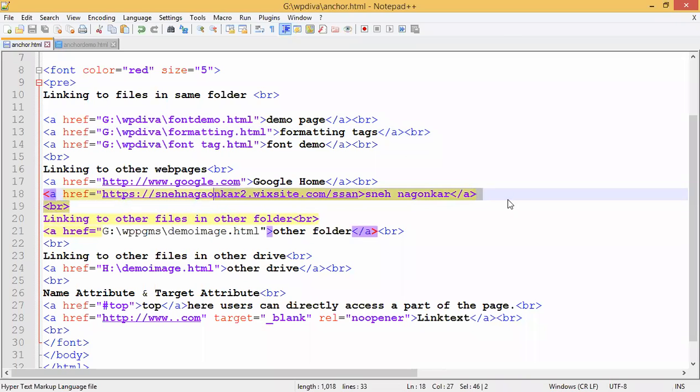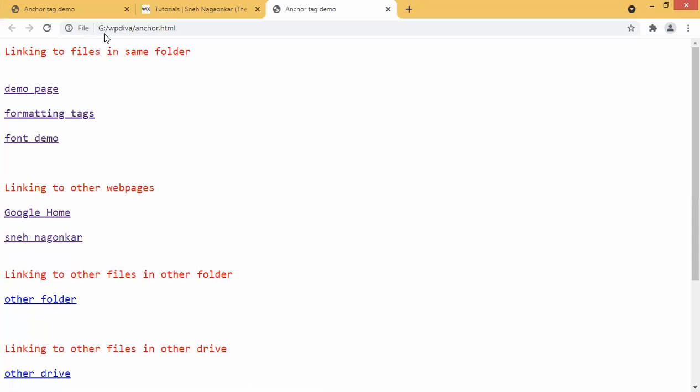Okay, so I made some changes here. One more thing we forgot is that you have to complete the path with a double quote. There is an error, isn't it? So after writing the path, compulsorily you have to add the double quote. So I will go back here and refresh my file. Now you can see that the name is added, linking to other web pages. Can you see how to link to a different web page, right?